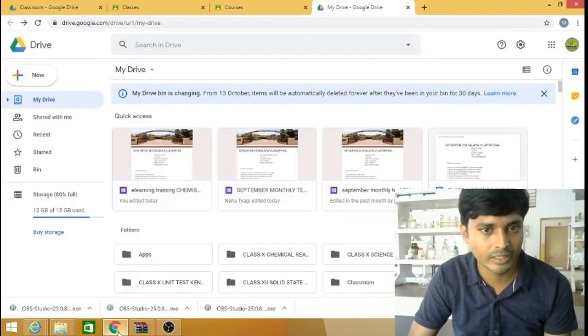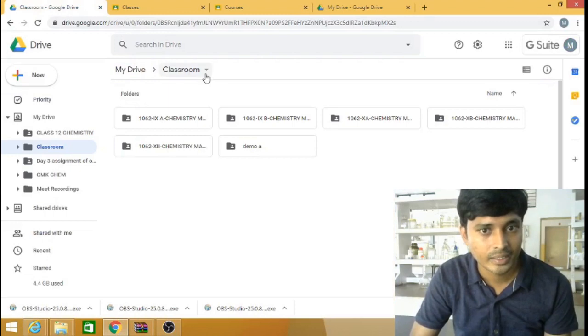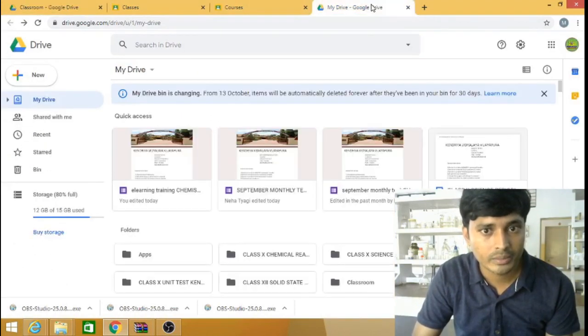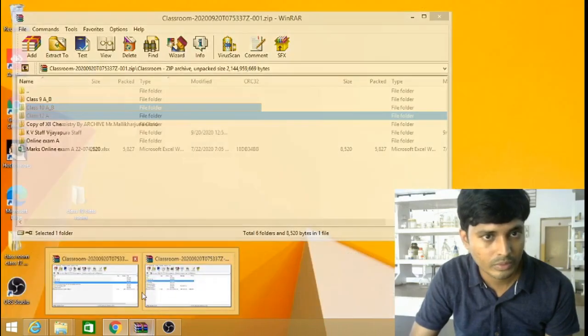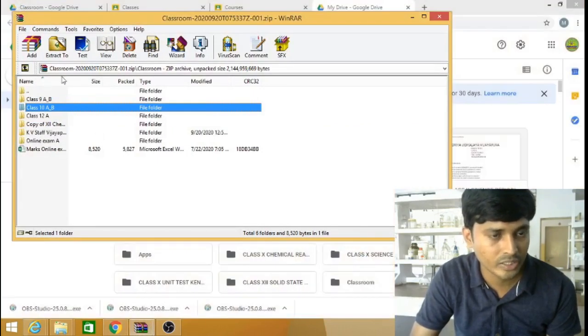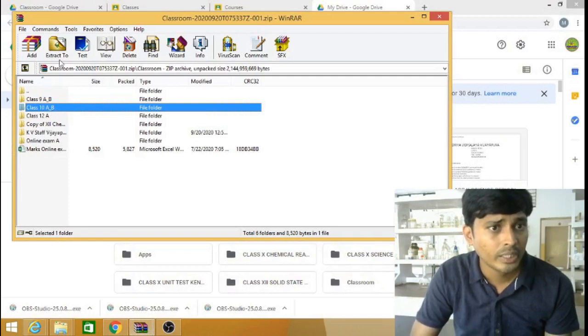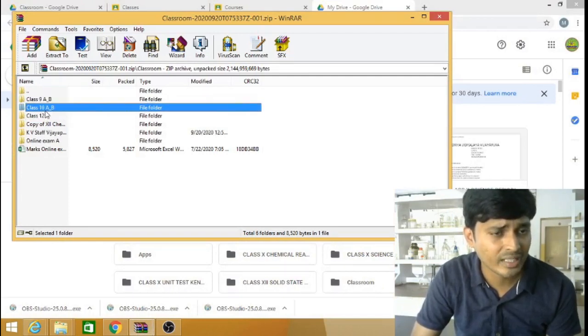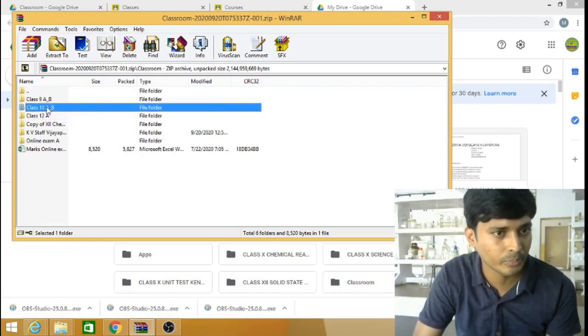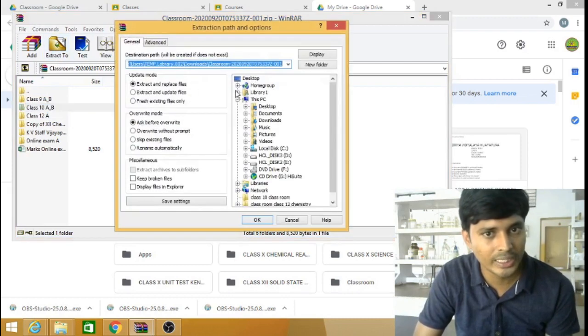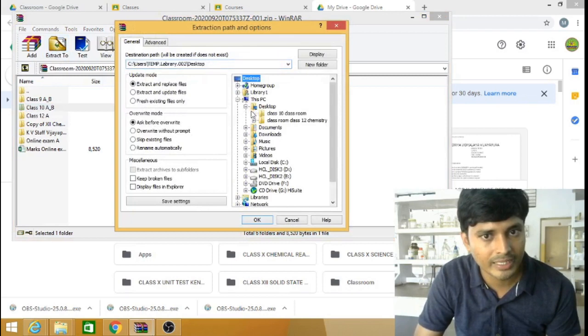So now once again I will go back to where my drive is. So this one, class 10th AB. Okay, this is what we were talking about, right? So whatever class you want to extract, you can create that folder on the desktop and then do it. And individually also you can download, that's up to you, as I said already. So here I will extract to the desktop. I will click on the desktop.